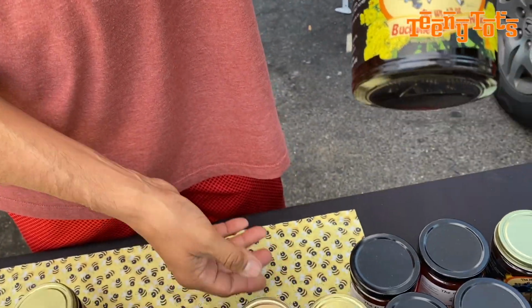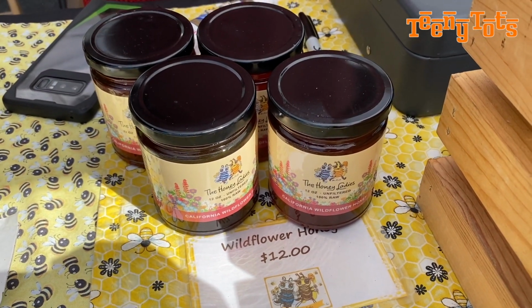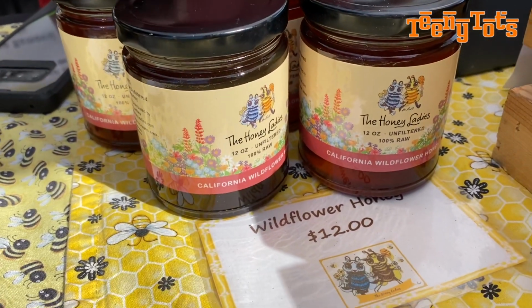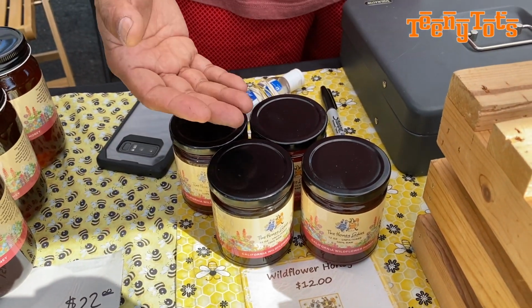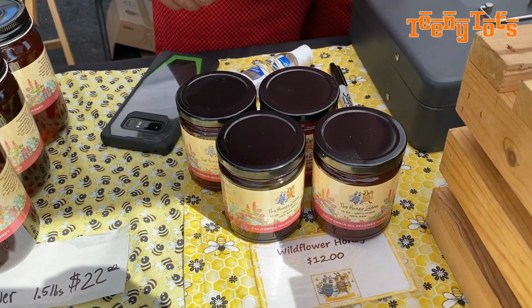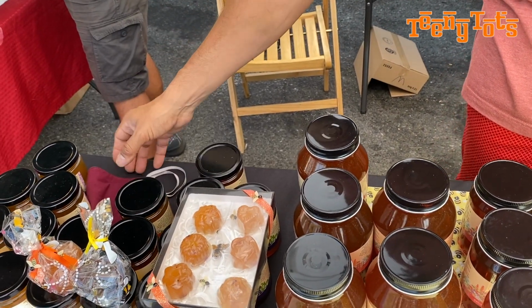I don't know if you've ever had it, but this one is just a variety of all different flowers. So this one, the hives are a couple of blocks away, and it's gonna help with allergies. It's a little bit lighter, so it's a pretty good taste. Not my favorite, but